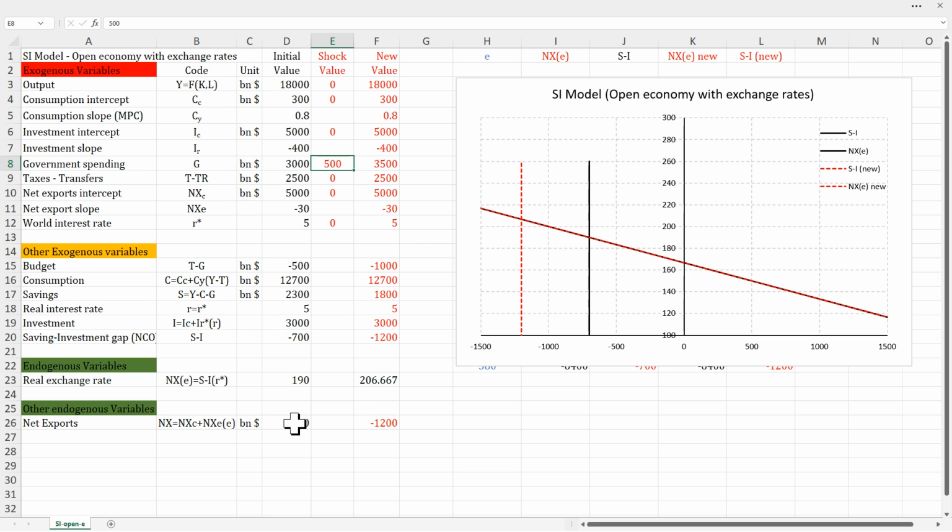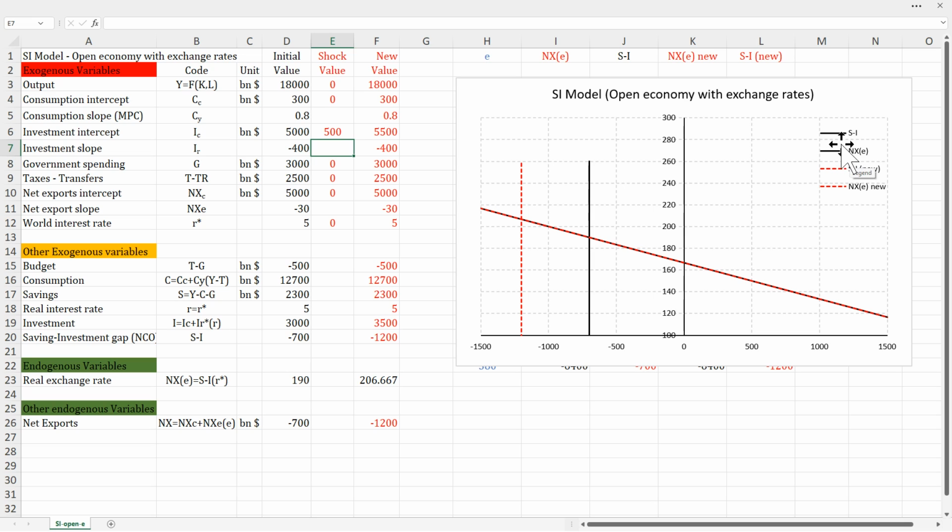As a result, you will see a widening of the trade deficit from $700 billion to $1.2 trillion. One can also imagine that there is an increase in investment spending by $500 billion. This could happen because the business climate is good and businesses feel positive to expand. And if that is the case, you get exactly the same effect, which perfectly makes sense because if either we